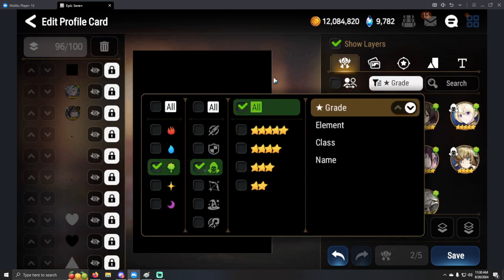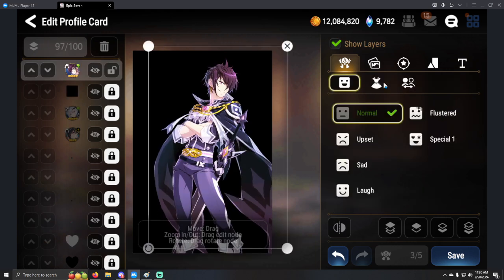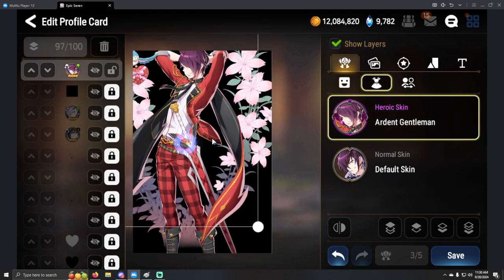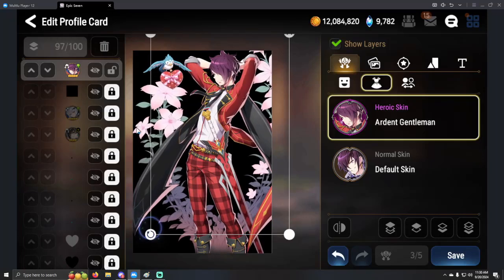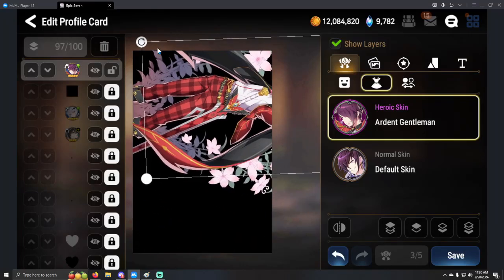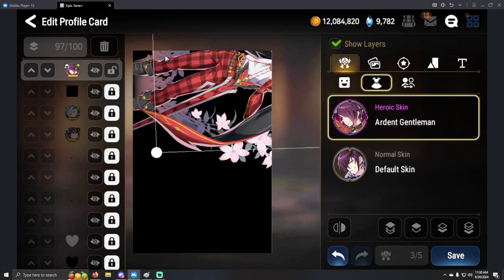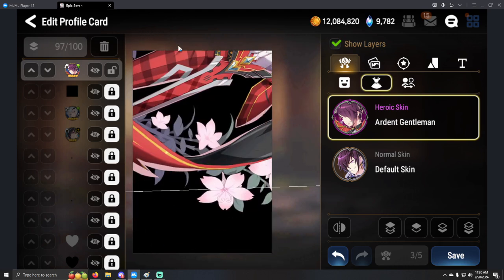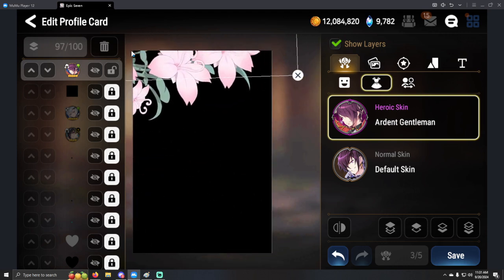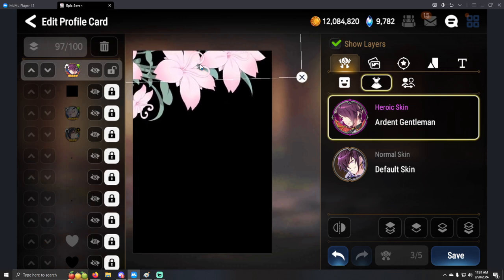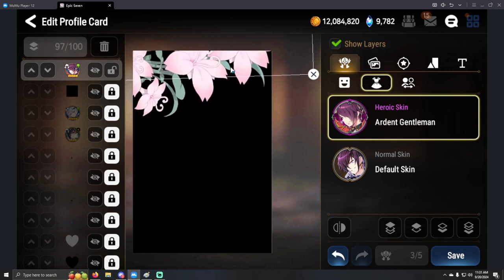And another example of this will probably be the Violet skin right here. Violet has a bunch of flowers right here. You could use his flowers as some sort of decoration or border right here. Like I say, you don't really want Violet. Just use it as a cute border decoration, or it could be some sort of like a,